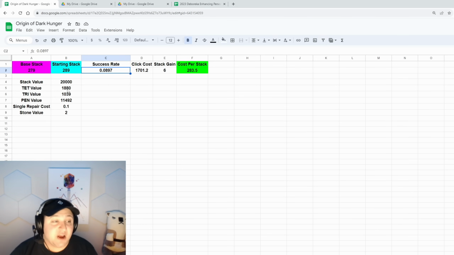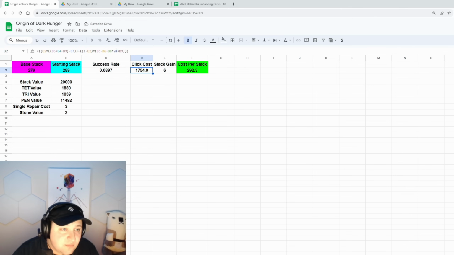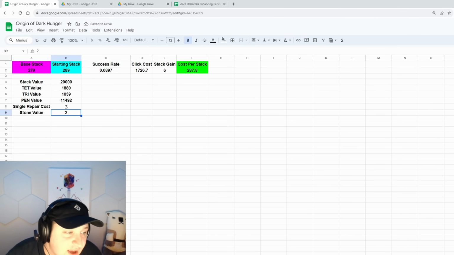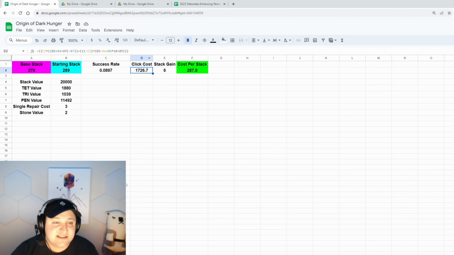We have our TET value, which we got from the market at 1.88. Our try value, this is after we sell it to that pre-order, I think is what we're using. We have our pen value, which was 13.6. Again, we have to take off our taxes. I'm assuming no merchant ring, anything like that. Oh, I forgot to update our Memfrags, our 3 mil, and this should be 10. Okay, there we go. And then we have our stone. All right. So all this goes in and we get our new click cost. And if we work all this out, we get about